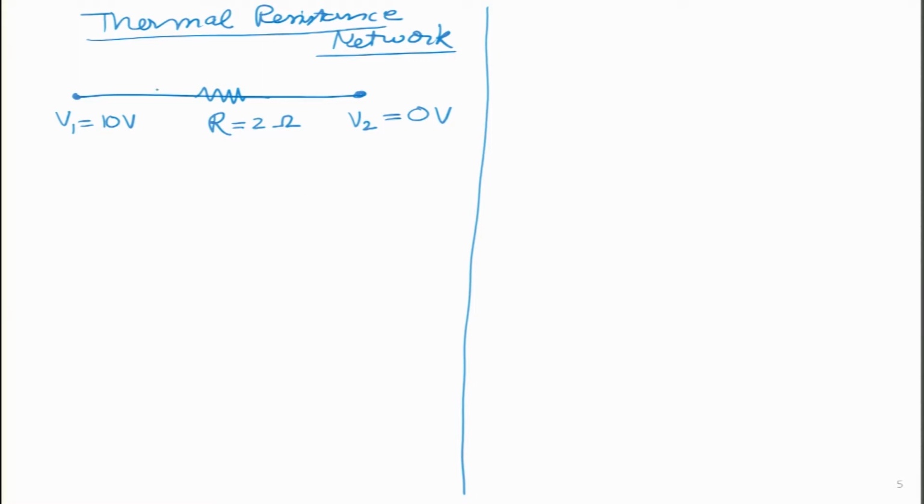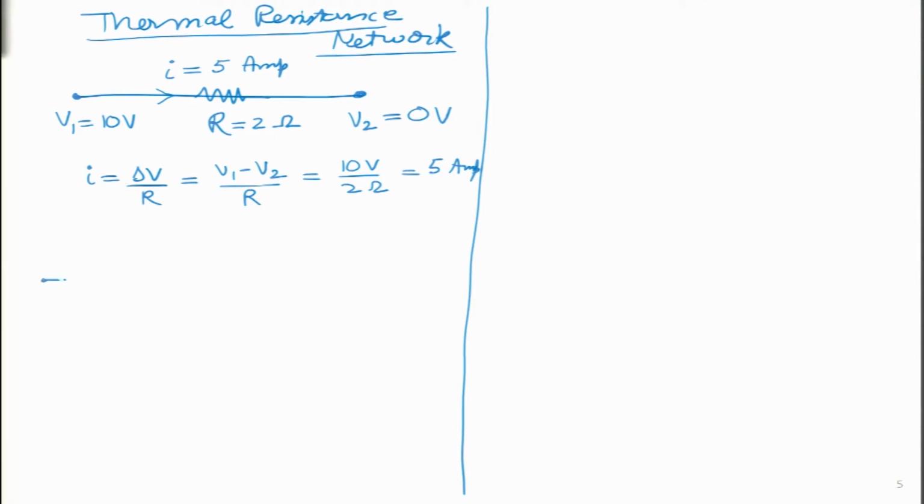So, what happens is, if we connect these two voltages with a conducting wire in which this resistance is present, then some sort of a current starts flowing over here. So, in this particular case we can do very quick math and we can figure out this I value will turn out to be 5 amperes. So, for the sake of formal definition, I will write it like this, that is V1 minus V2 divided by R. So, it turns out to be 10 volts divided by 2 ohms. So, we get 5 amperes. So, these are the basic fundamentals of electrical resistance.